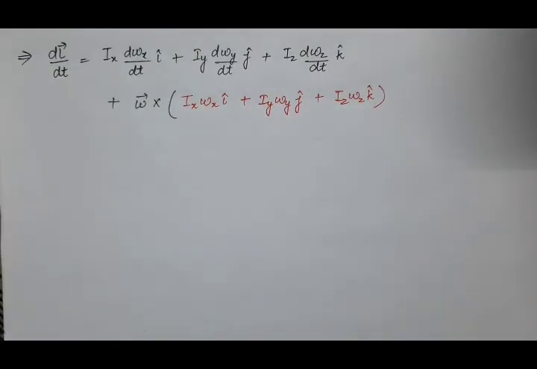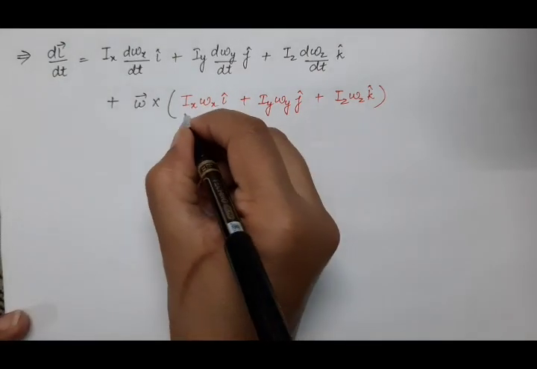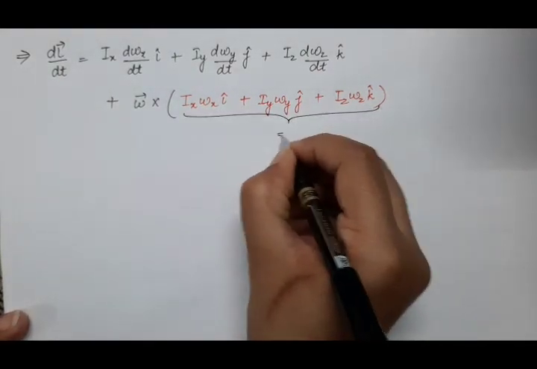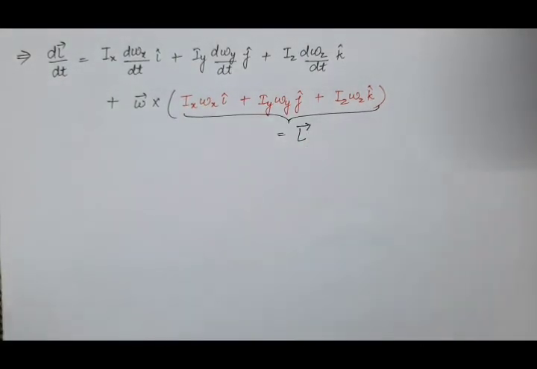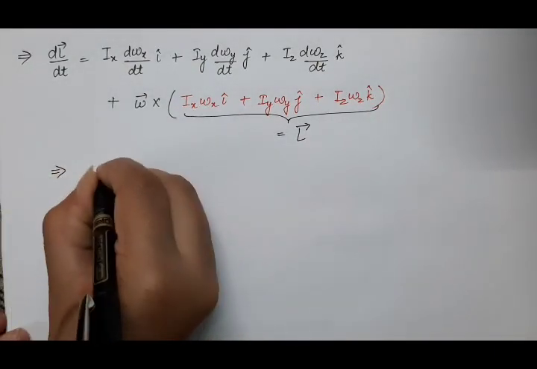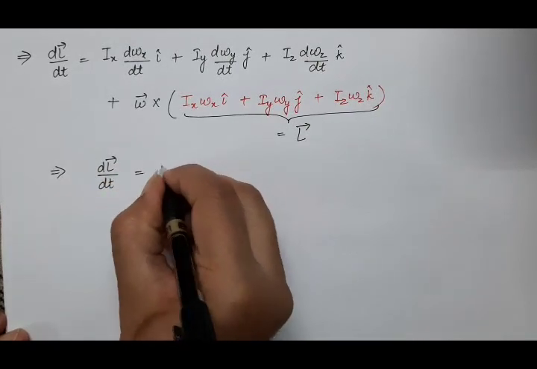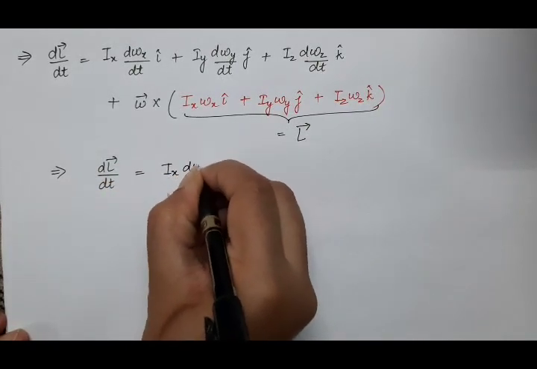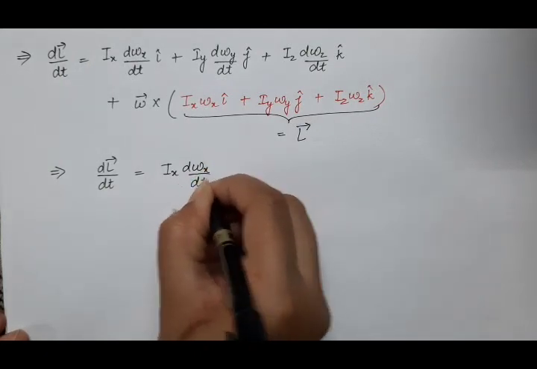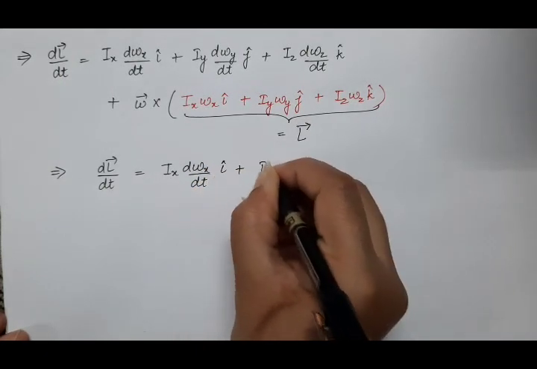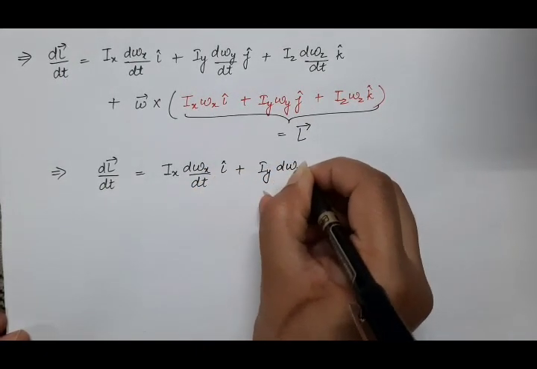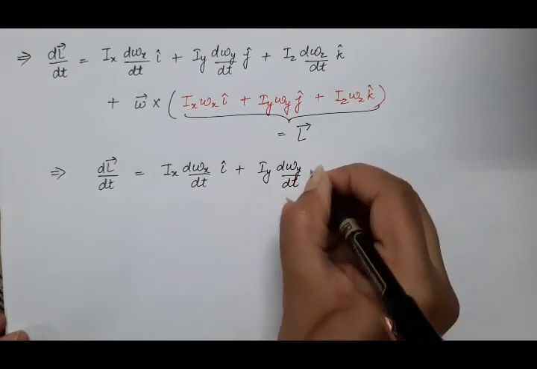And from equation 1, this is the expression of the angular momentum vector L. So we have dL vector by dt equal to Ix d omega x by dt into i cap, plus Iy d omega y by dt into j cap,